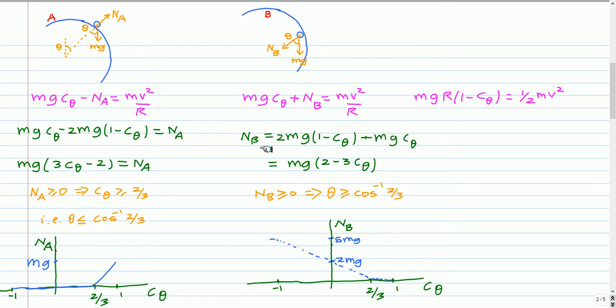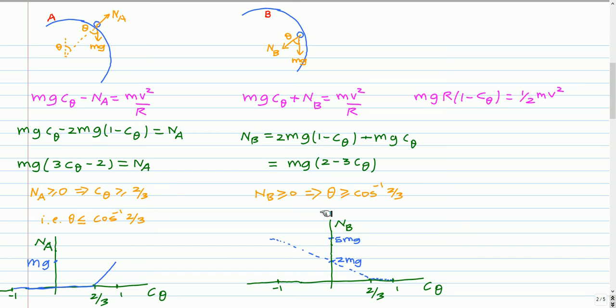Similarly here, the normal reaction on sphere B will be 0 when cos theta is 2/3. After that it will keep increasing. As theta increases, cos theta will drop down and this normal reaction will increase. So this normal reaction N will be 0 for cos theta between 1 and 2/3, and after that there will be a straight line relation between N_B and cos theta.